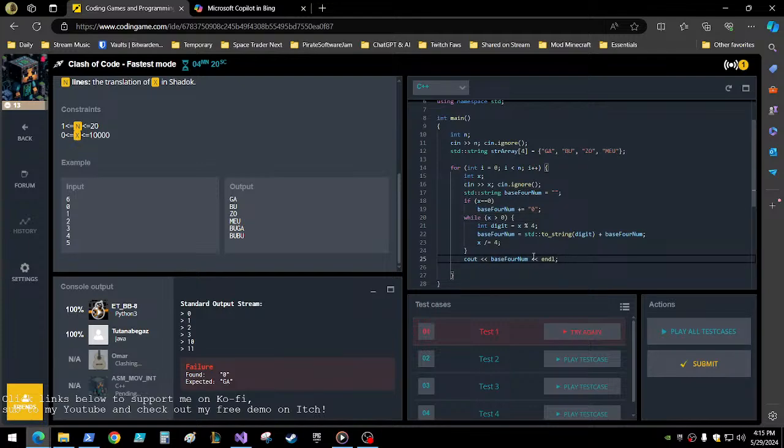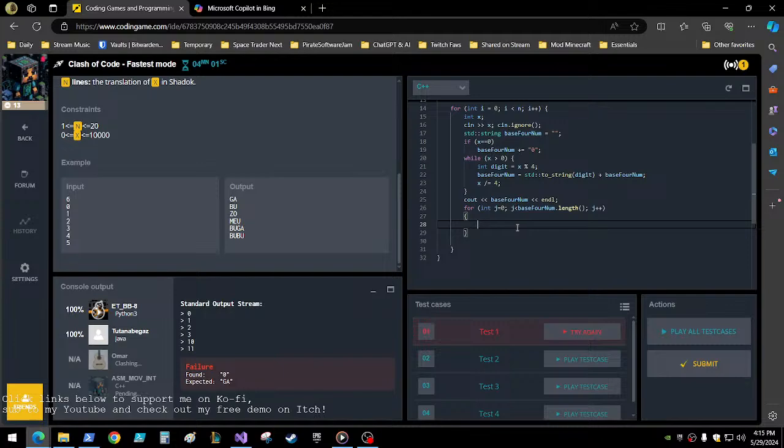Alright. So then our base 4 number is here. And what we want to do is parse through that. Loop through that. J is less than base 4 num dot length. So then we want to go through the string of each individual one, and now we want to use our switch statement. So switch with base 4 num of j. Then we want to go case, and this is an actual